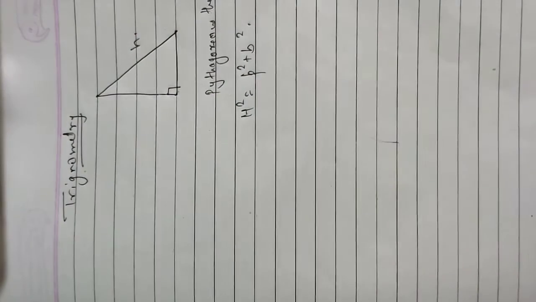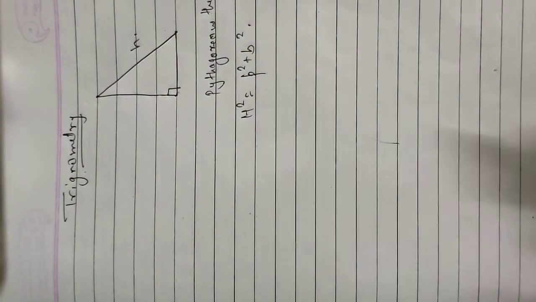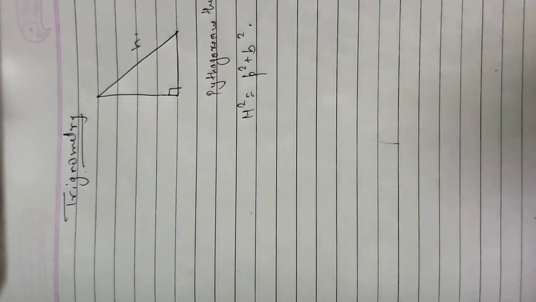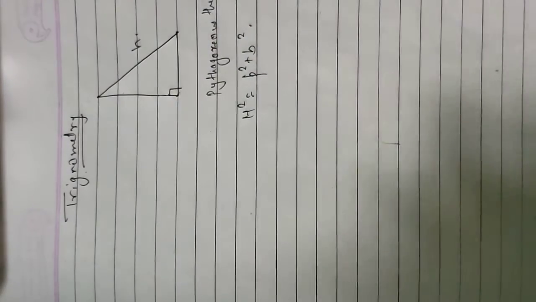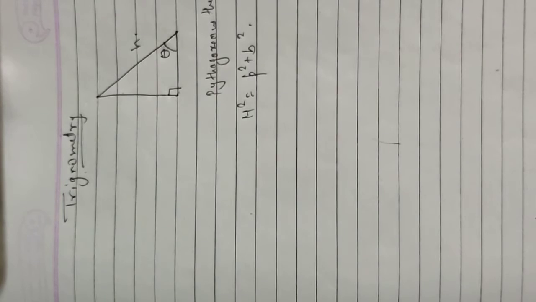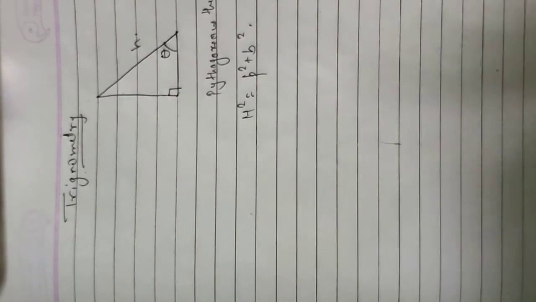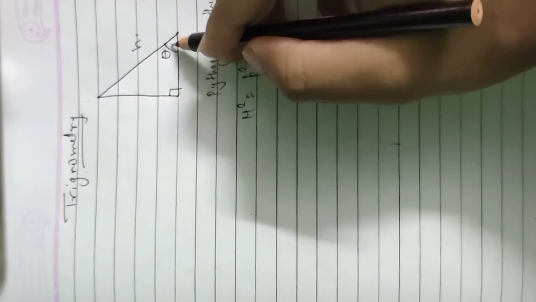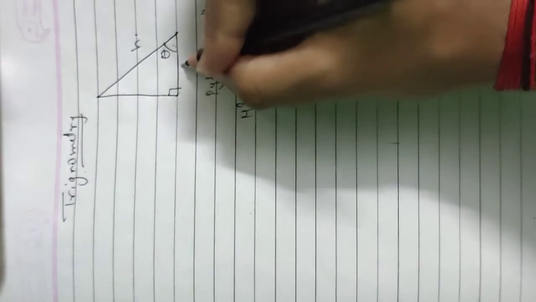What about p and b? Previously we used to put p and b anywhere, like this is p and this is b. No, this time it won't happen. There are two angles left. यहाँ हमें दिख रहा है कि दो एंगल्स जो है वो बचे हुए हैं, ये और ये. If you just take this angle as theta is the remark, हम किसी साइड को x लेते थे जो हमें पता नहीं होता था, वेरिएबल टर्म. So when we are taking an angle as a variable term, what we don't know, we will take it as theta. Okay, so if we talk about this angle, then this will be the base.